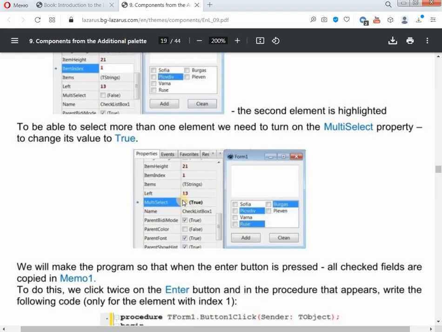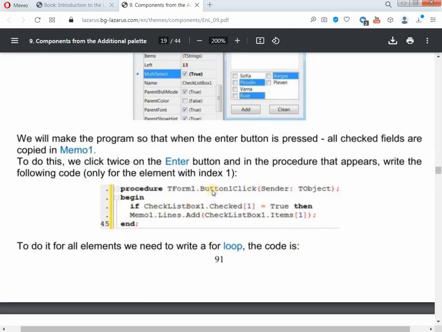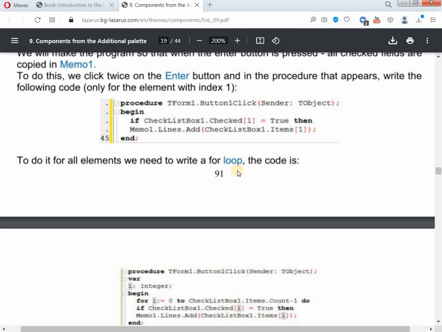We will make the program so that when pressing the Add button, all boxes with a checkmark are copied to Memo1. For this purpose, we click twice on the Add button and in the procedure that appears, write the following code, only for the first element. To do it for all elements we have to write a for loop. The code would be